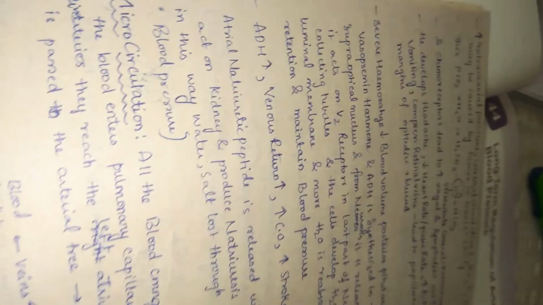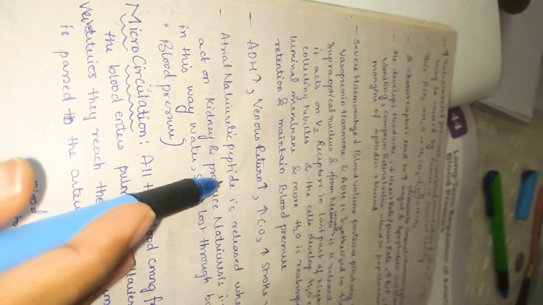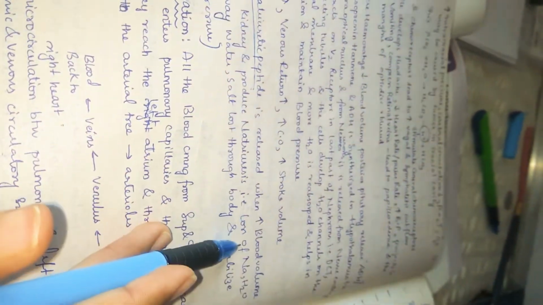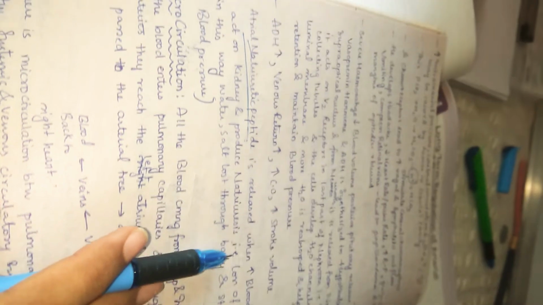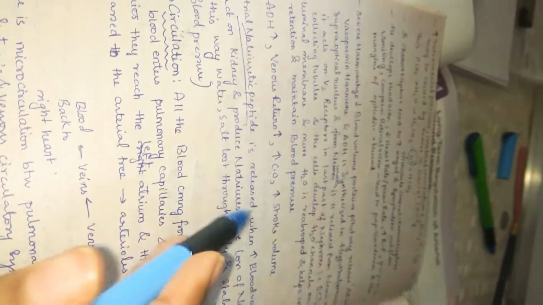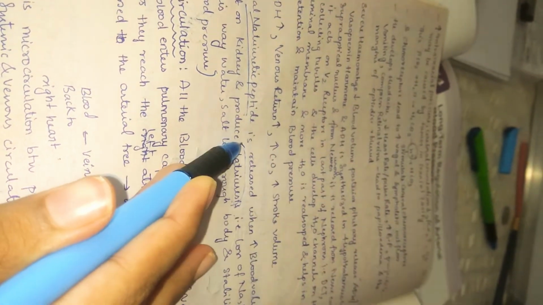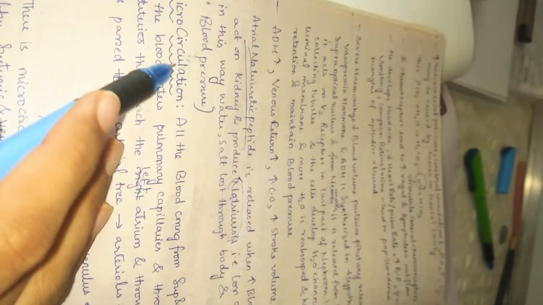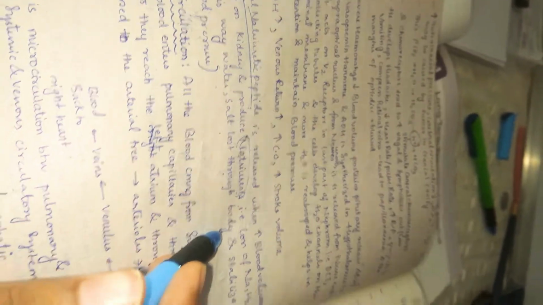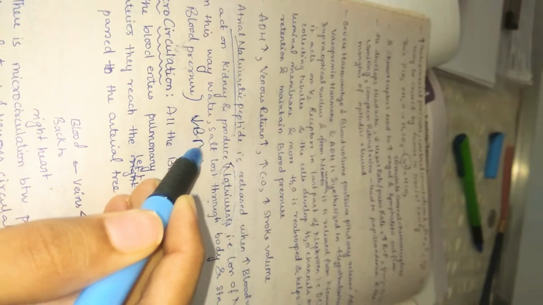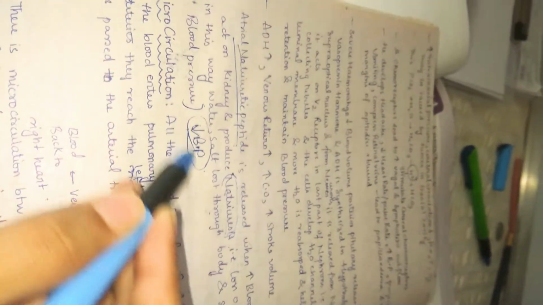We also have one last hormone, atrial natriuretic peptide. ANP is released from atrial contraction. It is released when there is a lot of increase in blood volume, and it acts on the kidney and produces natriuresis. Natriuresis means a lot of sodium and water are lost in the urine. In this way, water and salt are lost from the body, so now it can stabilize the blood pressure. That is nothing but decreasing the blood pressure, because a lot of sodium and water going in urine means a lot of blood volume is lost.